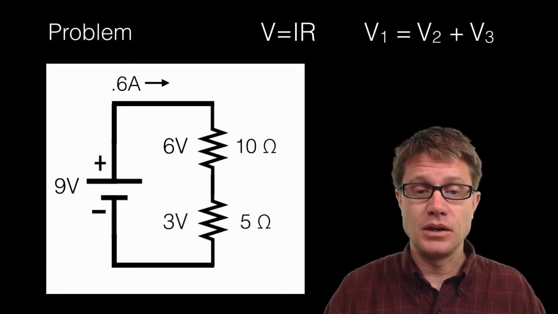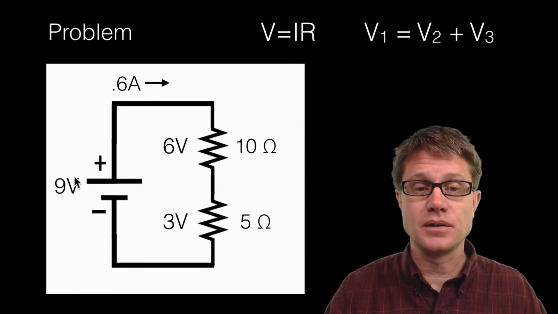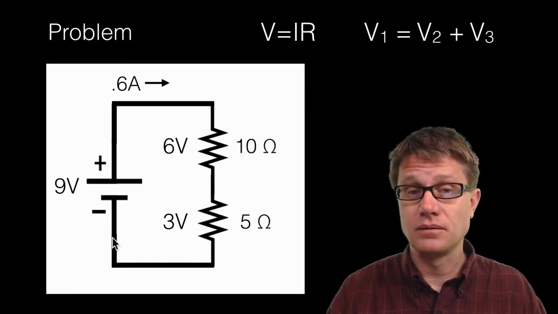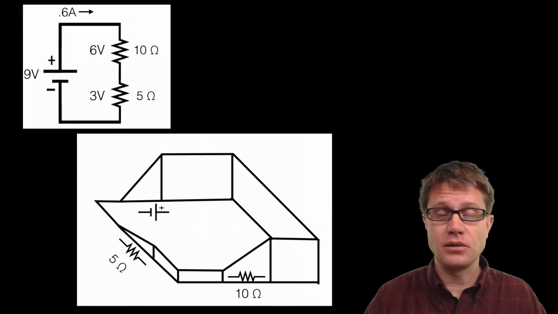What's the other one going to be? It's going to be 3 volts. And so you can see that the addition of this, 9 volts minus 6 volts minus 3 volts, is equal to 0. And so to think about that, and this model really works for me, think of that same circuit